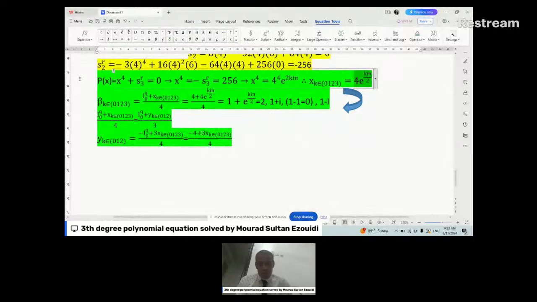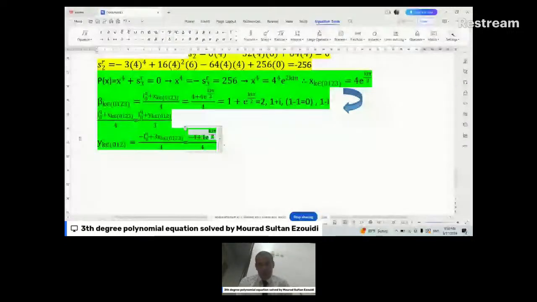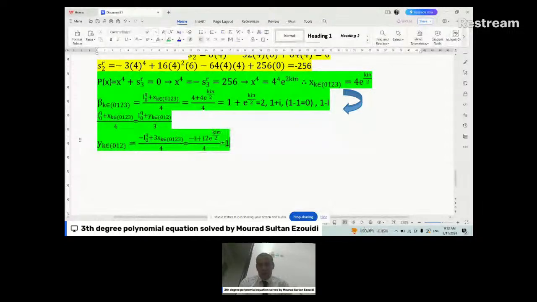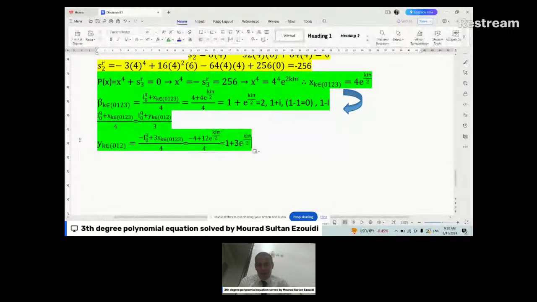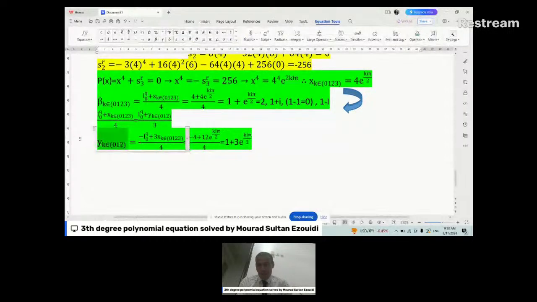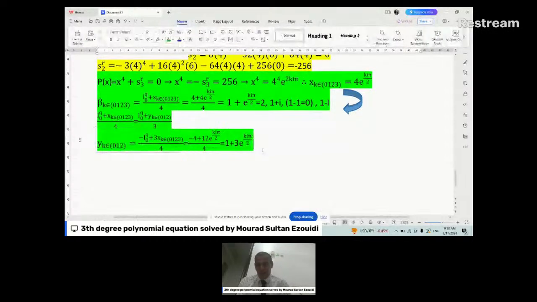I will write it here, plus 3 times this. Now divided by 4, it will be what? It will be 1 plus 3 times exponential k i pi, learners. So now just find yk from 0 to 1. Therefore, I will write this as that. This will give me